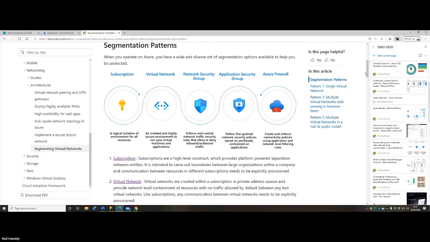You might have multiple subscriptions. I do in mine. But essentially, I'm going to take my virtual network and assign it to a subscription by putting it through what's known as a resource group. So I've got my subscription. I will create my resource group, and in there, I will then have deployed my virtual network. Inside that, I'm going to have my VMs, my network security groups, or application security groups, whichever I need to deploy. And I'm also going to maybe have my firewall rule. So we're going to have lots of information around that.